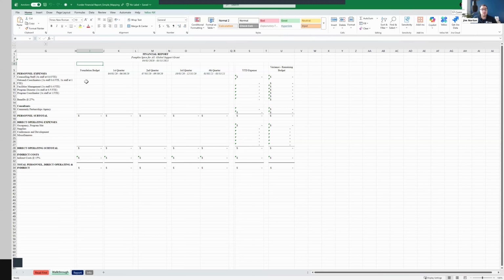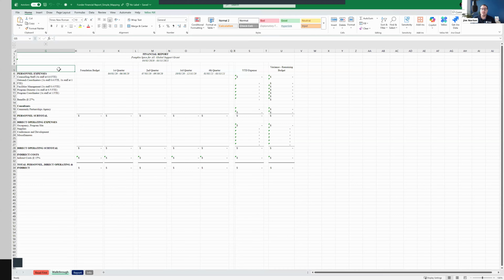So here in the rows, the funder has given us what they want us to report on categorically, right? These are the budget line items that represent what they've agreed to fund us for. And from a column perspective, we at least know that they're very clear on the time periods that they want reflected in this report. So how do we make this happen without having to copy and paste all the time? Well, let's tackle the rows first.